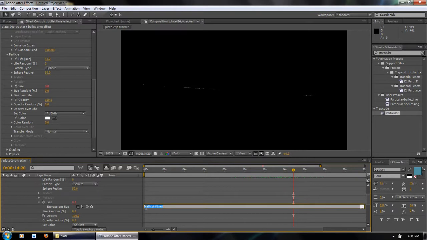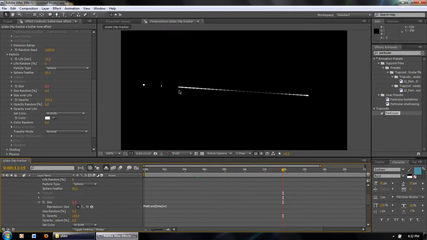Now, since sine oscillates from +1 to -1, and a particle can't be -1 in size, we need to at least make everything positive. So I'm going to add 2 to this, and now you can see that the particle is big, and then it gets small, and it gets big again, and it oscillates. And I can tweak these numbers a little bit more. Maybe I want to multiply this by 2,